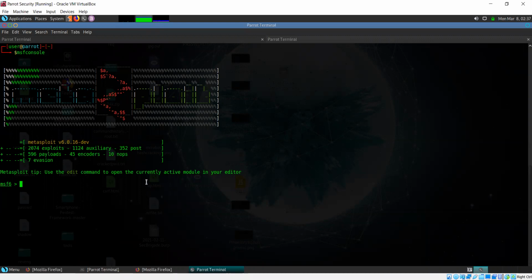Okay, so we are now in Metasploit. MSF6, we have now entered the Metasploit terminal. Now, if you've used it, you're familiar with it, then you know that there are different modules in Metasploit. Even if you don't, I'm just going to explain it a little bit. And the different exploits, if there's a vulnerability, you can search for it in Metasploit. You might find an exploit that is related.